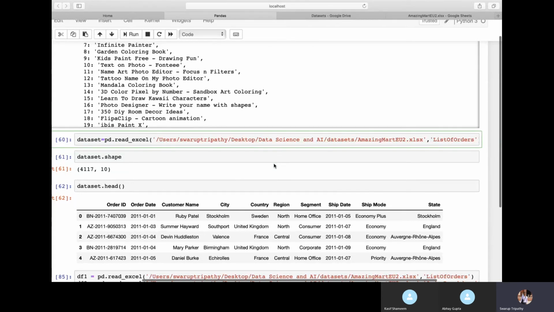You can download the file from the dataset folder which I have shared. Then you can read the file by giving the full path with the file name, then give the sheet name as well. Whenever you are reading an Excel sheet, you have to give the sheet name. Otherwise, you can read as usual any other file.